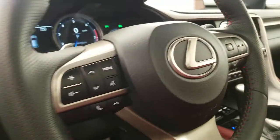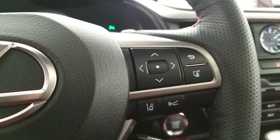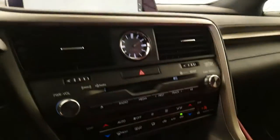hands-free controls, lane departure alert with steering assist, dynamic radar cruise control with the pre-collision, a 12.3-inch multimedia display with navigation and the integrated backup camera,